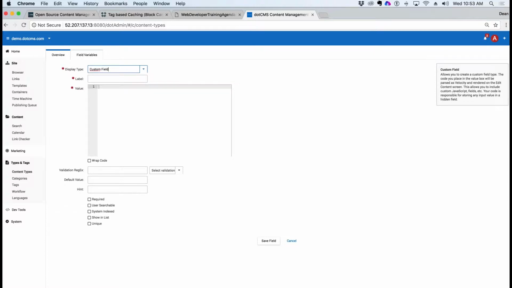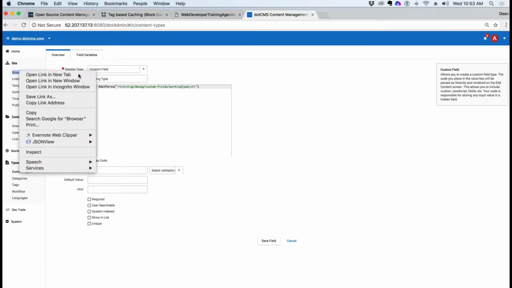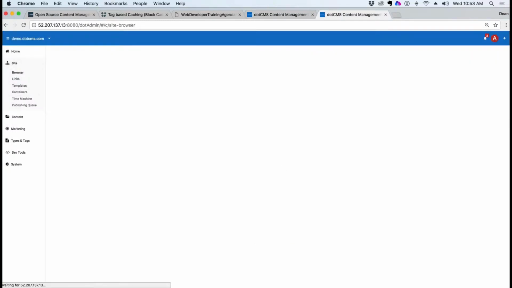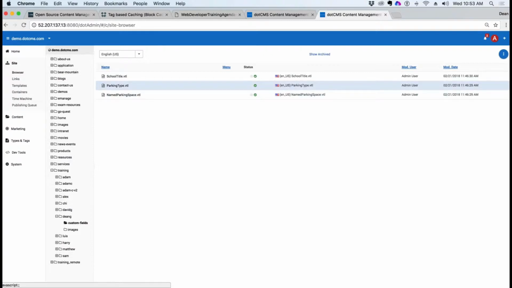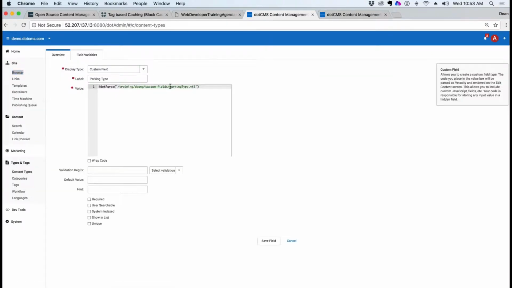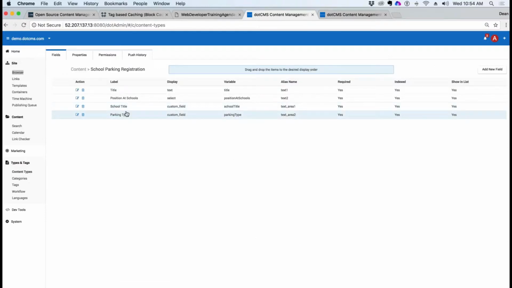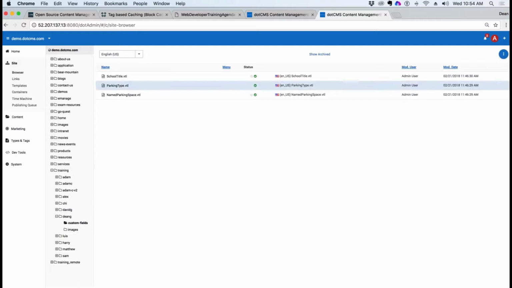Custom field. I think this one should be named parking type. And parking type. Let me just double check my browser on my file name. Browser and custom fields. It's capital P. I was about to mess up already. And required, use searchable, show unless sure. Okay, so with that custom field there, as long as I don't have things named improperly, which I usually do,